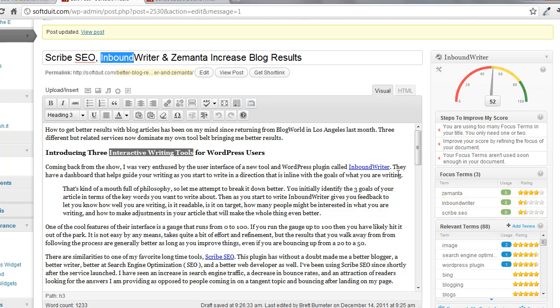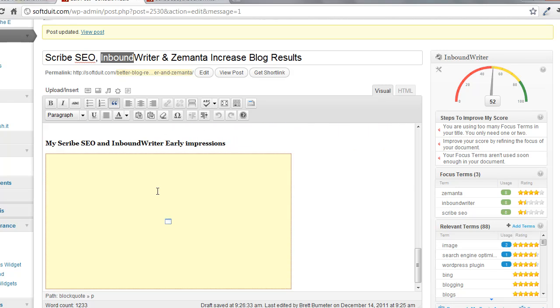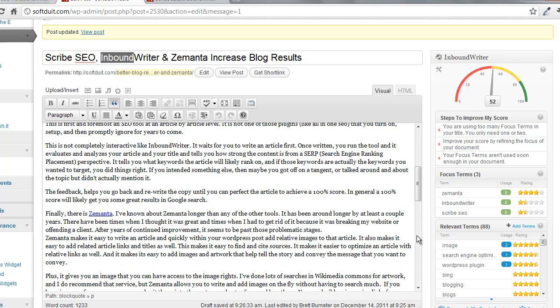As InboundWriter looks at this article, it's come in and it says this article is about Zemanta, InboundWriter, and Scribe. As you glance through this particular article, that is what it's about. I do mention those several different times. The words pop up relatively often, and InboundWriter keeps track of just how much that usage shows up. It actually shows that Zemanta was mentioned 8 times, InboundWriter 8, and Scribe SEO 6. It also gives a rating of what the traffic might be for each of these. Now, Zemanta's been around a lot longer than the other two services and has a search engine rating that's a